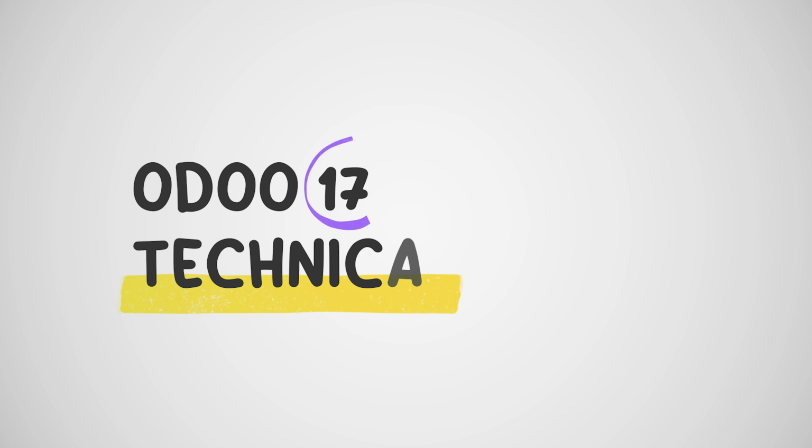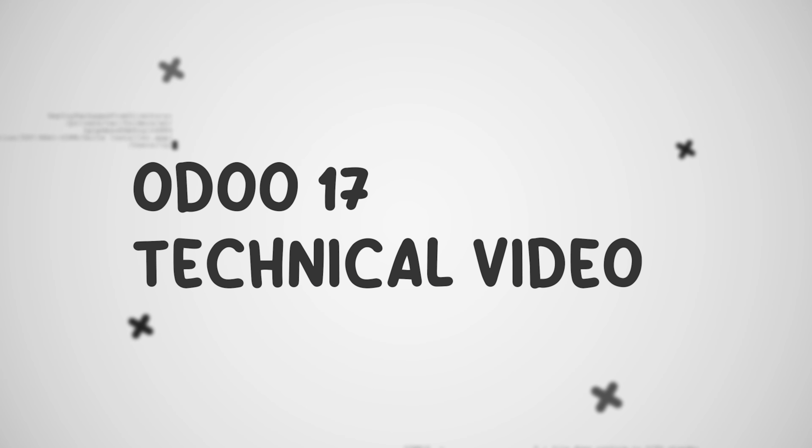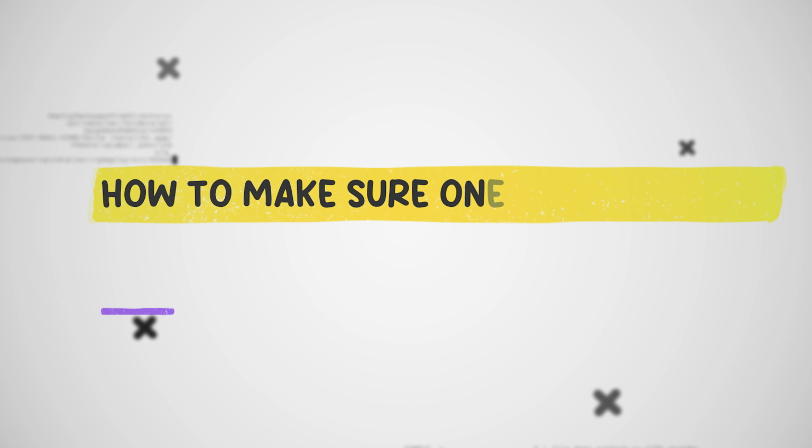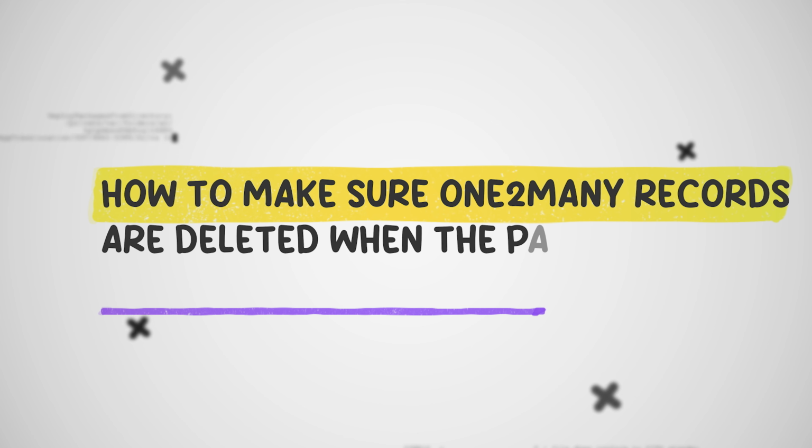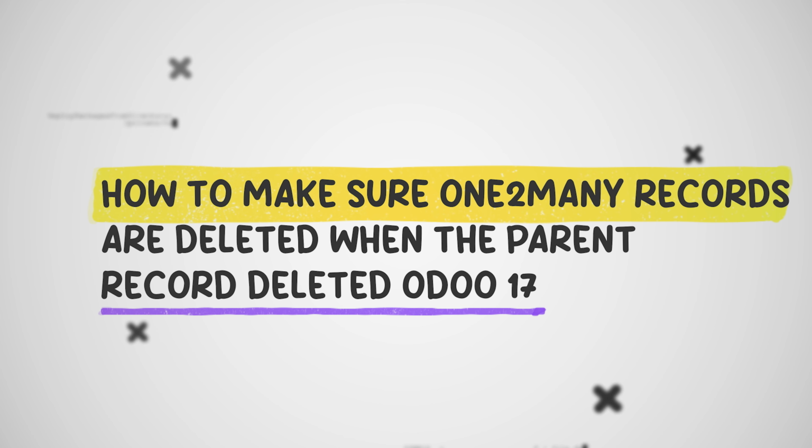All, welcome back to Odoo 17 development tutorial. Today, in this video, let's discuss how to make sure one-to-many records are deleted when parent records are deleted